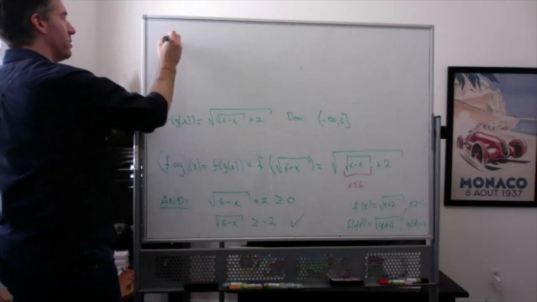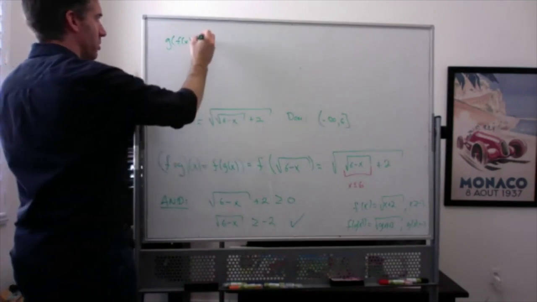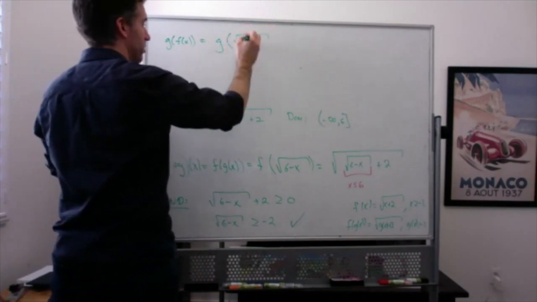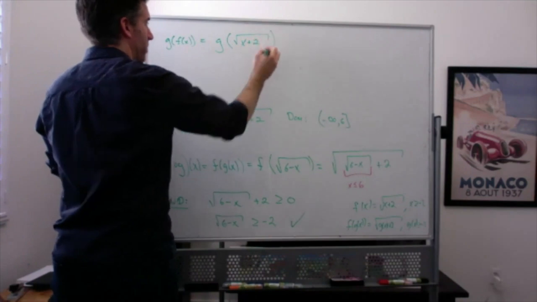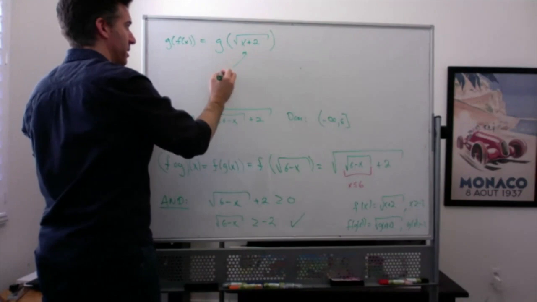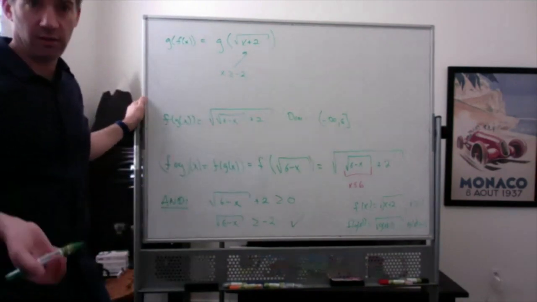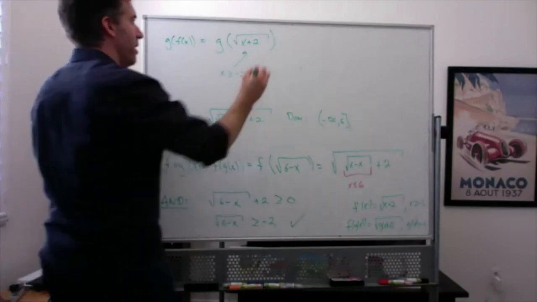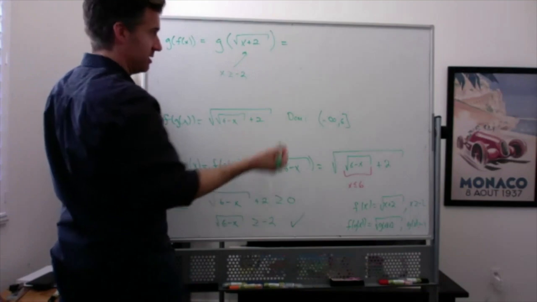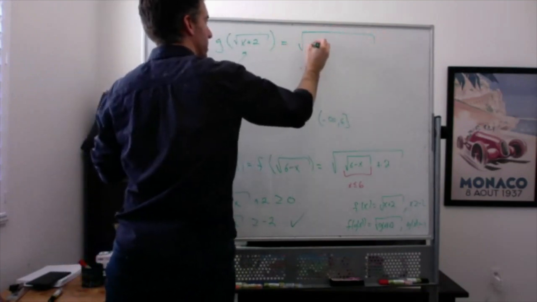So g of f of x. Again, g of f of x is the square root of x plus 2. So already we know for sure that x is going to have to be bigger than or equal to -2, right? Automatically, right off the bat. And then g of x is the square root of 6 minus x, so g of this is going to be the square root of 6 minus